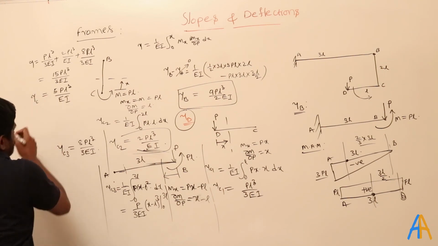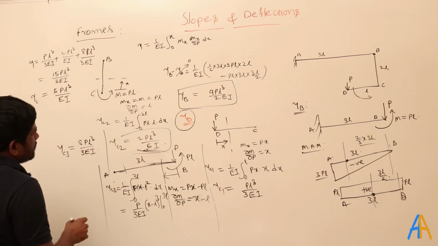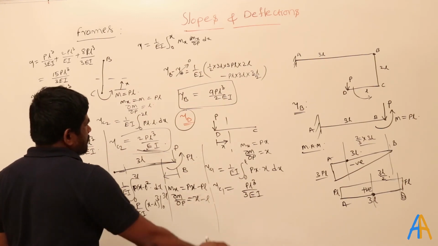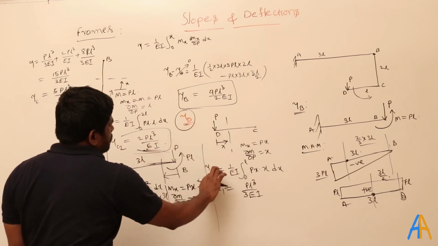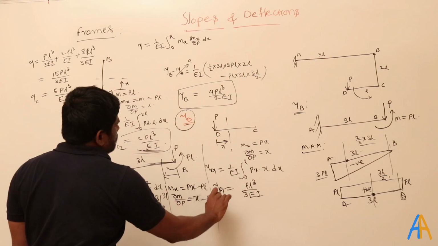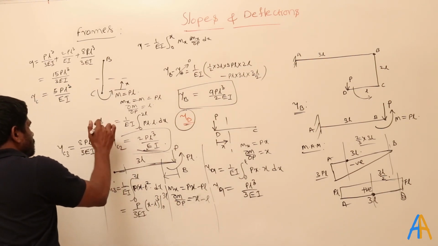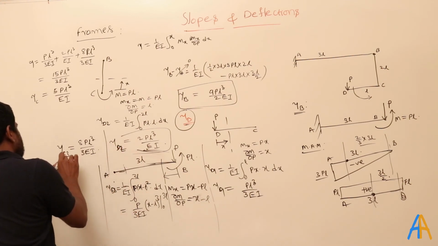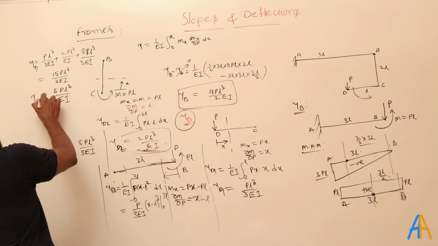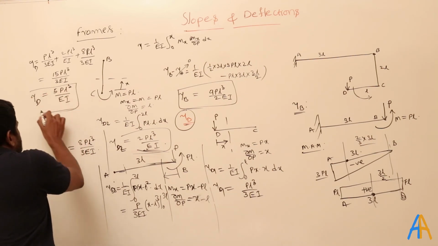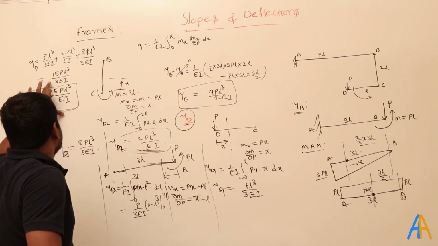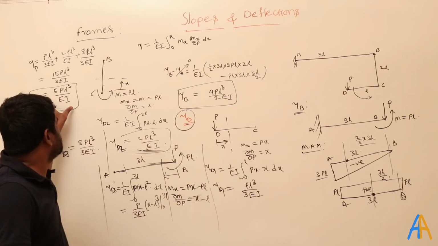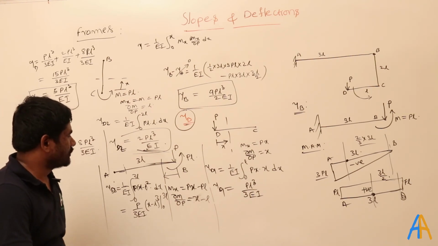Why point at C? Actually it is not C. Don't get confused, I'm very sorry. Here the point at D we are trying to find out. Here also I'm very sorry for this. This is yD1, yD2, and yD3, here also D. This is the D. So this is the value. This is how we need to find out, and you can remember this like L, 2L, 3L. When it is changing like that, then it is 5PL cube by EI. That's it. We can remember it like this also.